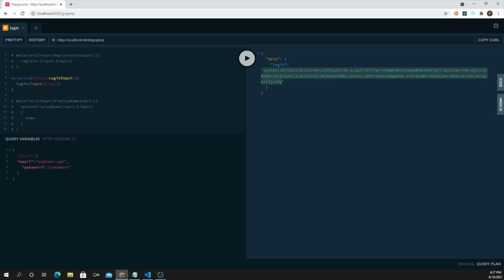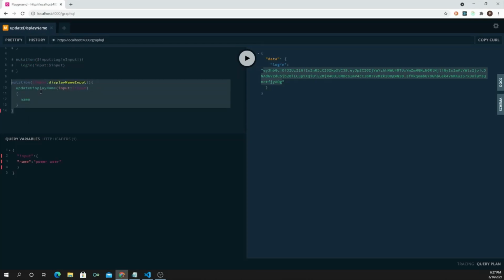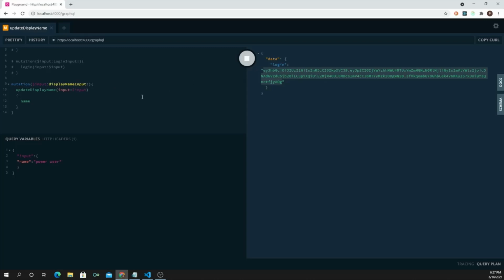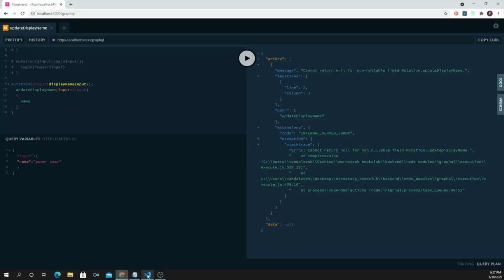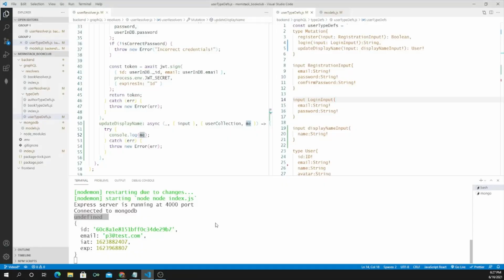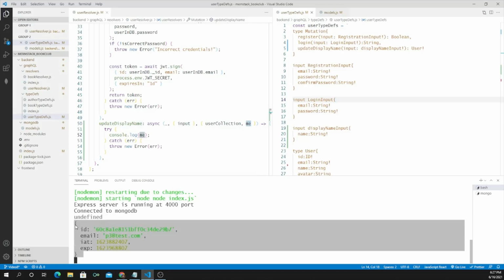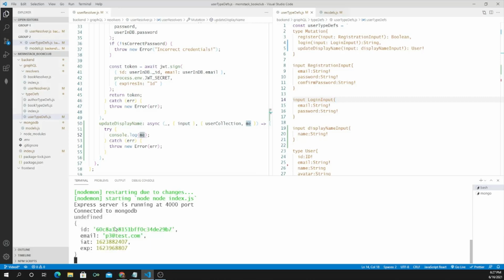And for query variables, we need to give the input type, display input type. So let's uncomment the display name input mutation. Okay. So now if we go to the VS Code, now we get this user object, the email ID and ID. So let's use that to